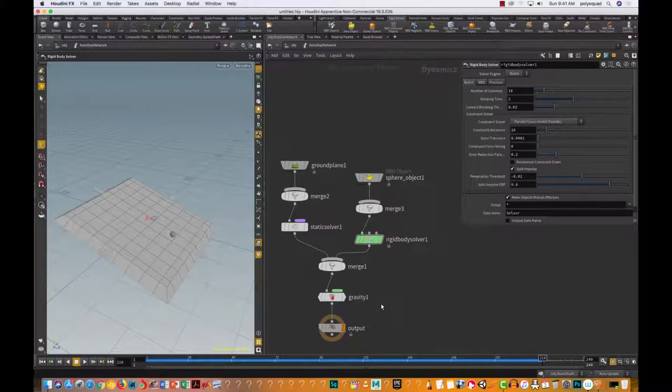So we're about to start something new anyway. This is just an introduction to RBD. But the structure is what I want to point out here. So we have our hero object coming down to a rigid body solver. And there's tons of solvers in dynamics and DOPs. We call them DOPs. Everything has the ops sound. So in DOPs,